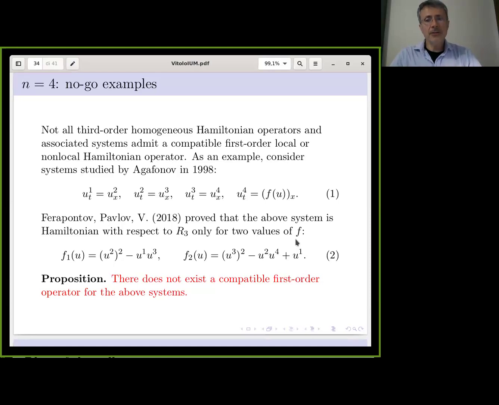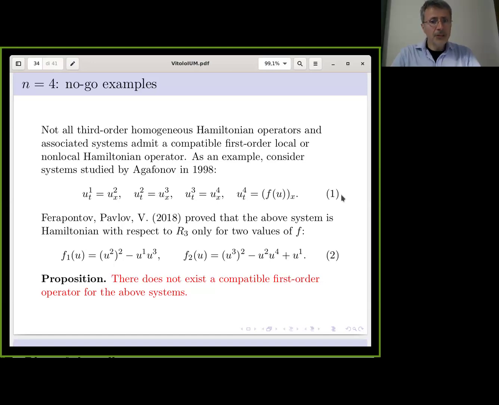So they admit a third-order operator, for example, a system of the form 1, which is called a reducible system. They have been studied by Agafonov again. But in 4 components, there are only 2 cases of such systems when